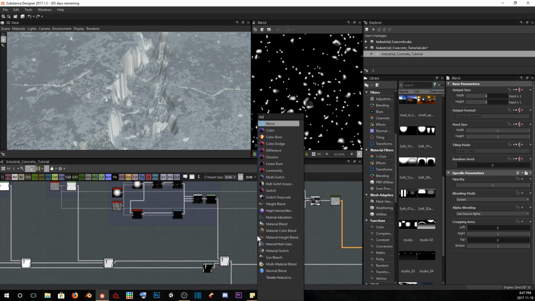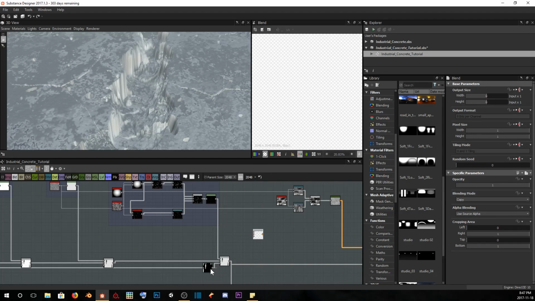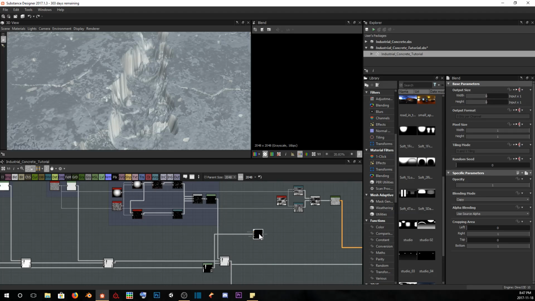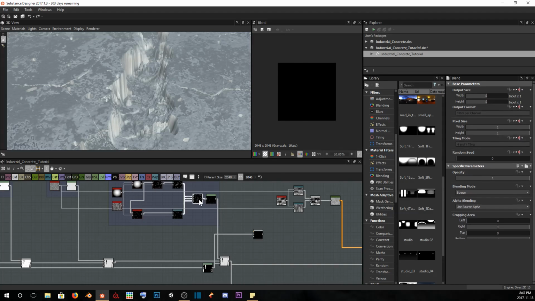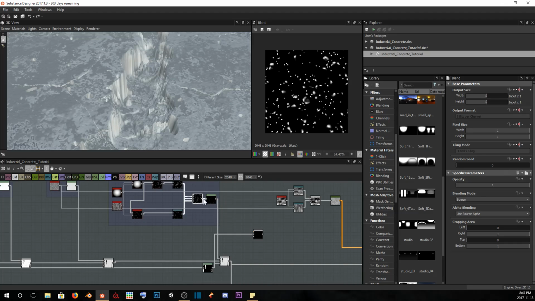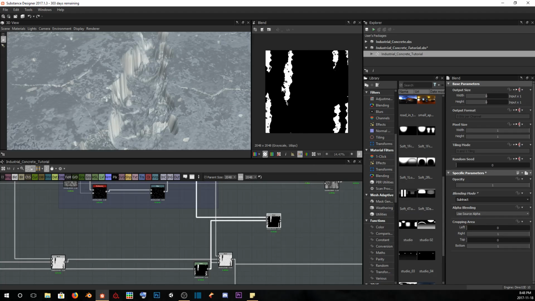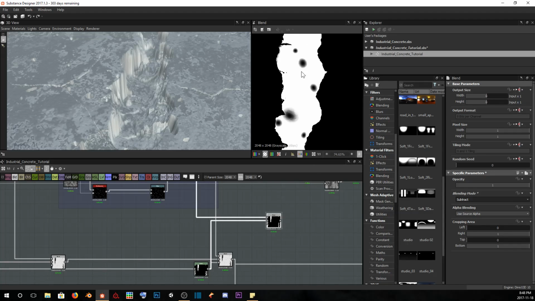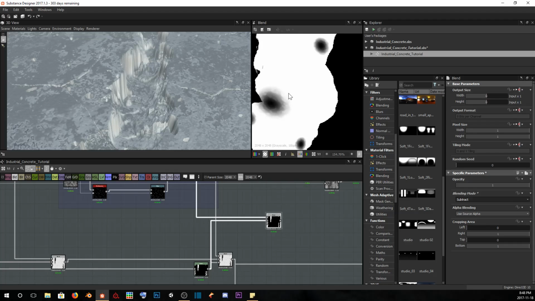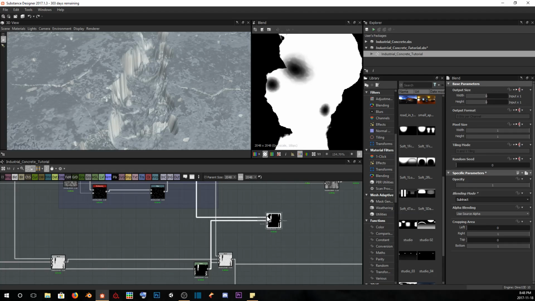So what I'm going to do is add a blend, and I'm going to put this levels node into the bottom. And over top of it, I'm going to take the rocks that we have here and put it in the foreground. So now I'm going to switch our blending mode to subtract, and now you're going to see that it's going to take away the rocks from our mask here. And that's exactly what we want, because we want to just be able to change the color of our divots